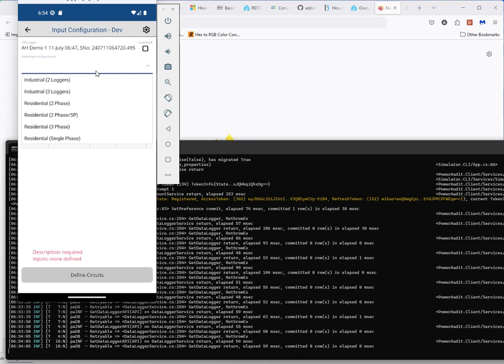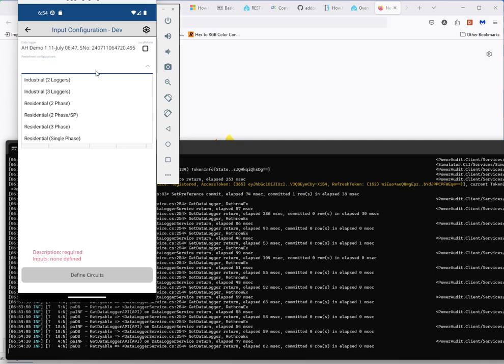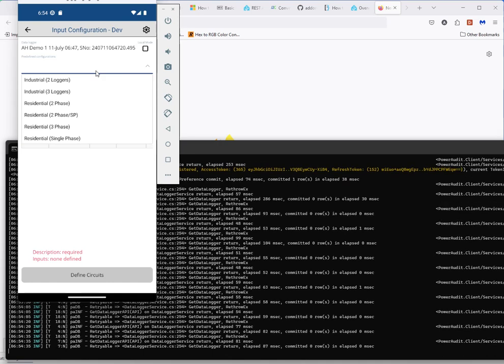There are a current set of predefined configurations that an installer could use. So now you're switching hats basically. The installer has taken one of these devices, he's gone on site, he's installed it, he's plugged it in, turned it on, etc. It has connected to the back end, registered itself, confirmed that registration, and now it's waiting to receive its configuration. So the installer is now going to